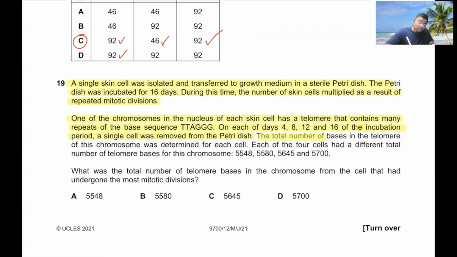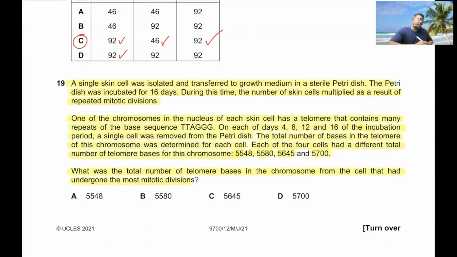The total number of bases in the telomere of this chromosome was determined for each cell. Each of the 4 cells had a different total number of telomere bases for the chromosome: 5548, 5580, 5645, and 5657. What was the total number of telomere bases in the chromosome from the cell that had undergone the most